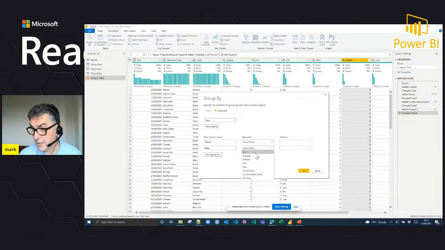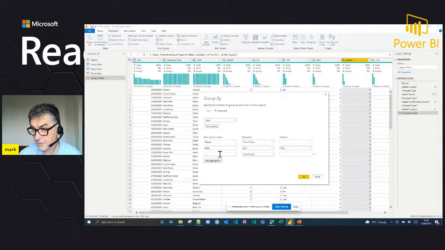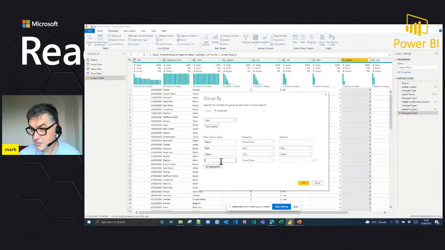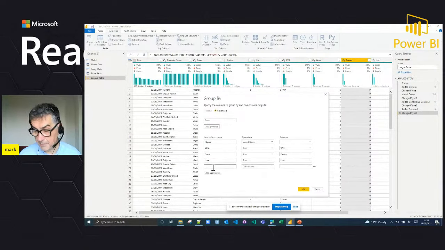All we're going to do is sum up the one column. And you know where this is going. The next one is drawn, and we're going to sum the drawn column. I'll just do lost, and we are going to sum up the lost column where somebody can see. We're also going to sum up our points,